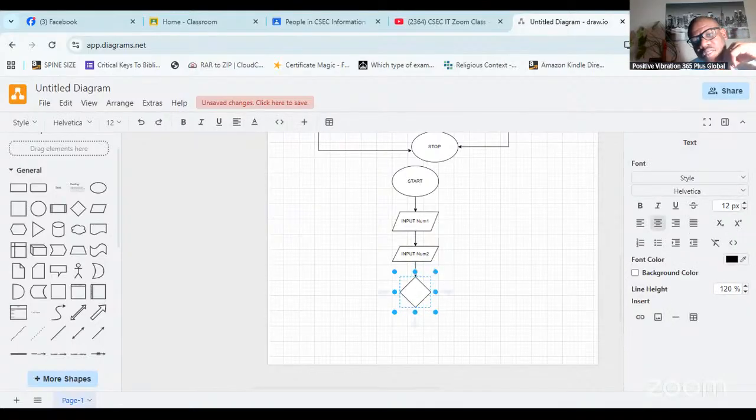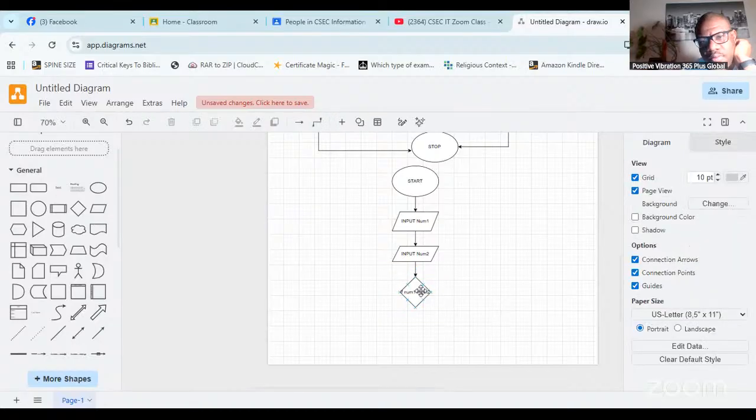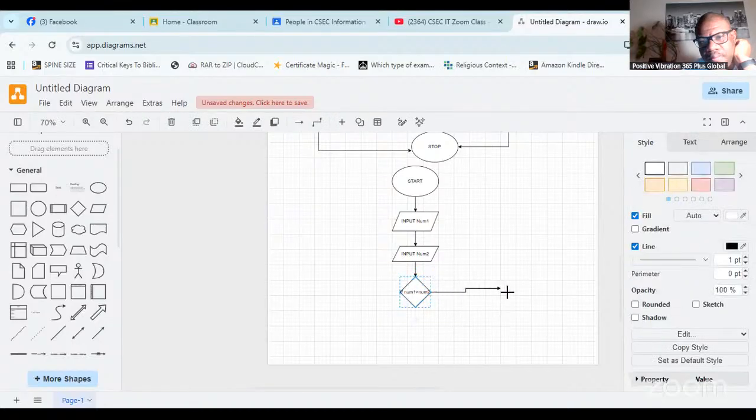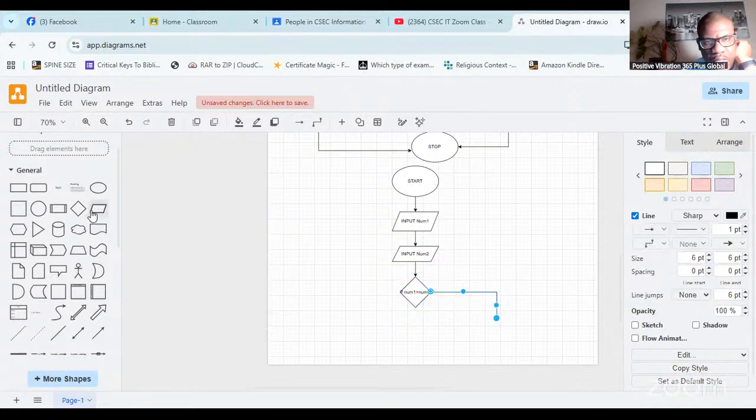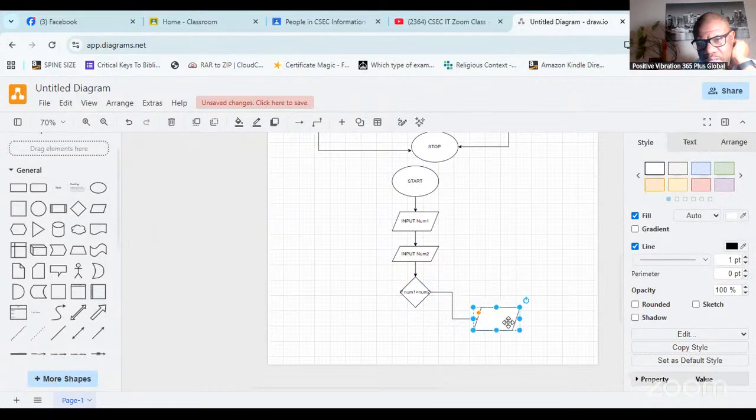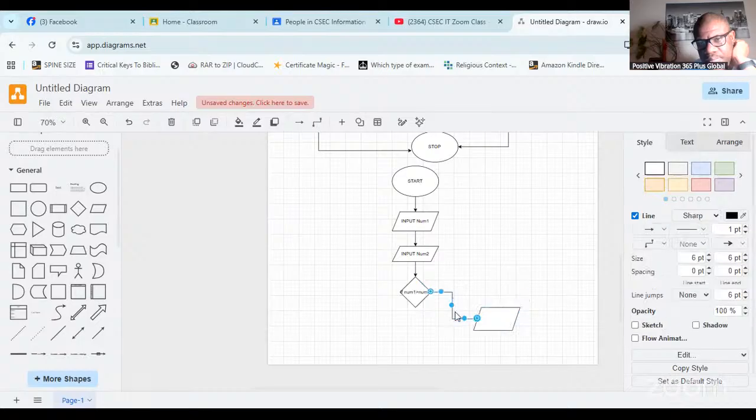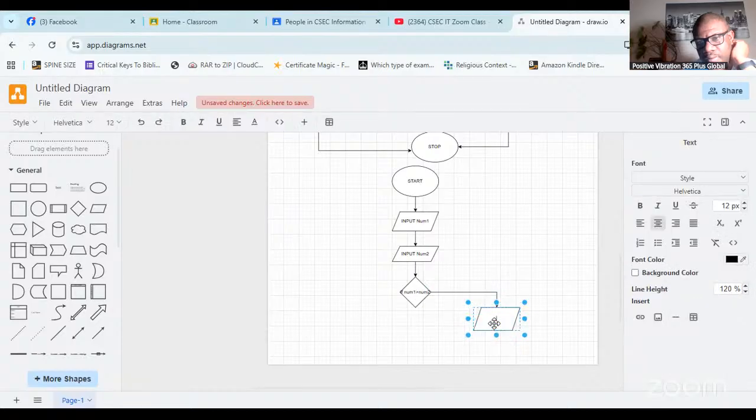And then we do the same thing: if num1 is greater than num2, we print num1,